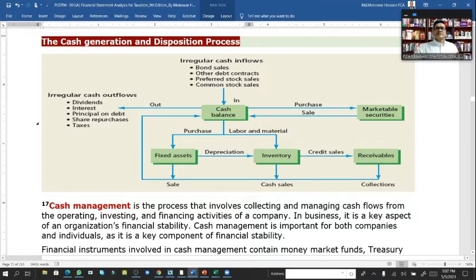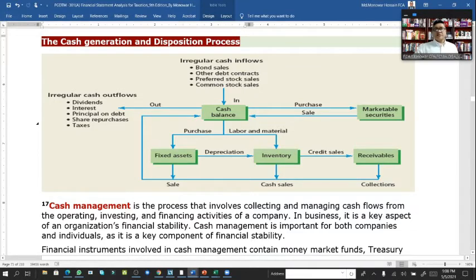And irregular cash outflow: yearly we are paying dividends, also interest payments on debt securities, and sometimes for tax purposes we pay quarterly advance tax, and yearly after assessment the total tax is paid. This is the irregular thing, not a regular item. So this is the irregular cash outflow, and sometimes from that cash we purchase fixed assets,